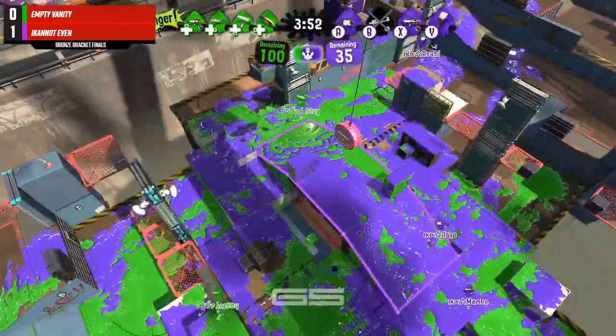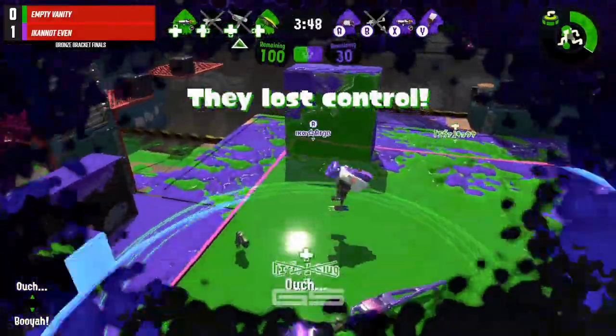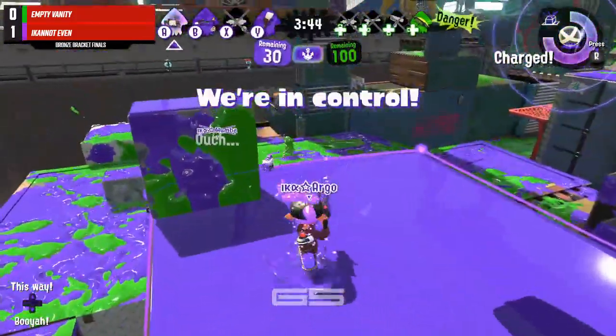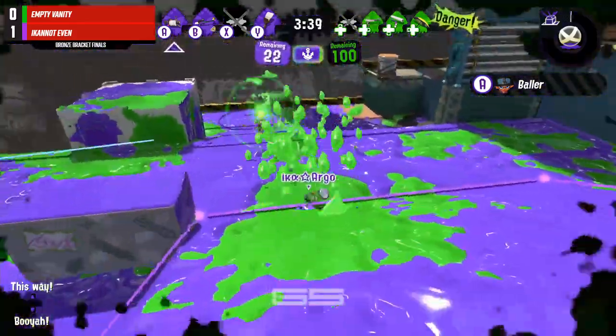Splashdown going to be used there by the roller. They're going to try and get back in. Slug still hanging around on the zone, but they're just getting outranged. You can see that Ikannot Even has a couple of really long-range weapons. The shortest one really is that Octobrush that you were dying to see. Otherwise, they have that Fire Fin, which packs the Suction Bomb Rush, and the Baller coming out from Argo,